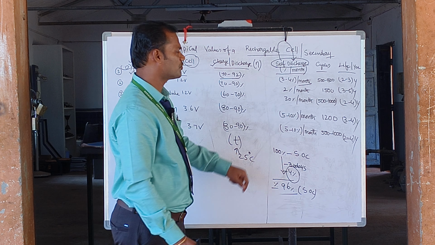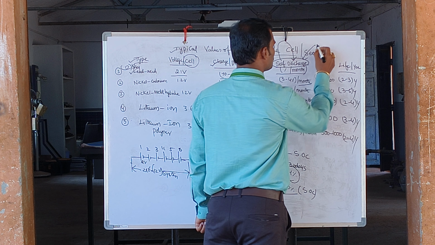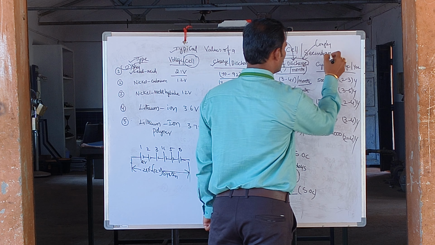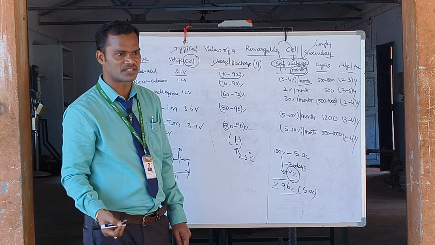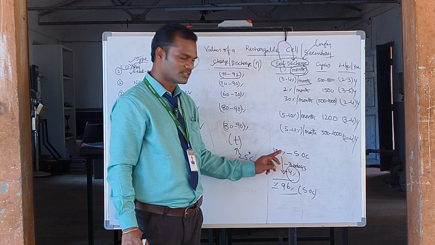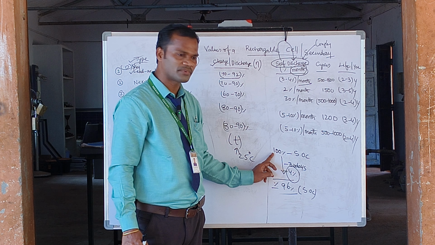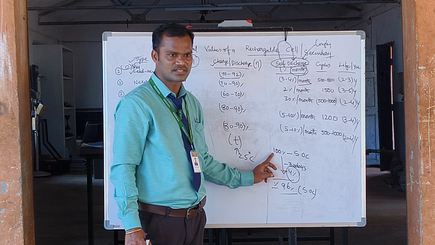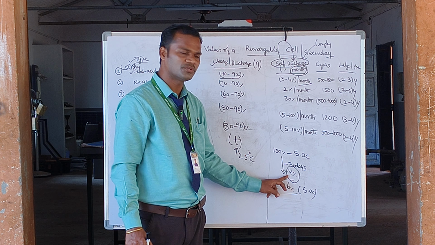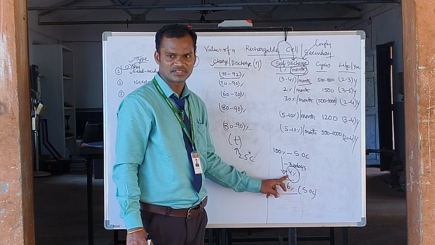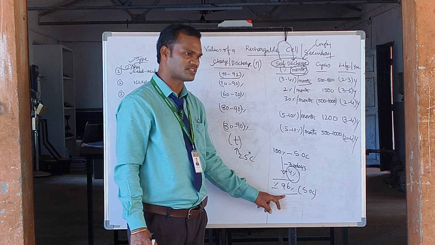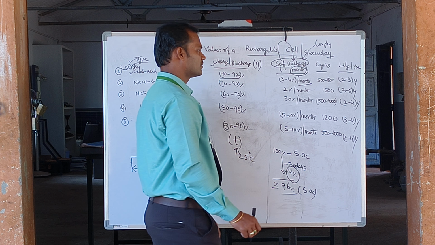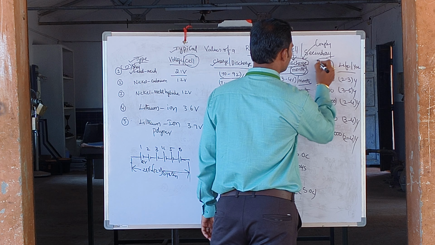If a battery is not used for a longer period of 1 month, it is going to discharge. That is expressed in percentage. At the starting of the month, what is the percentage of the battery? 100 percentage. You have not used it for 1 month. What is the amount of charge lost in the battery? 4 percentage. After 1 month, how much charge is available? 96 percentage. Okay, that is called state of charge. Next one,